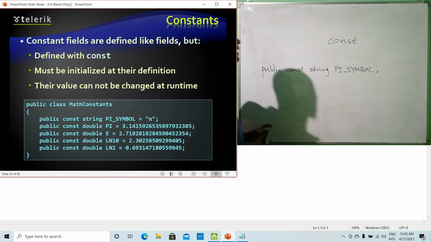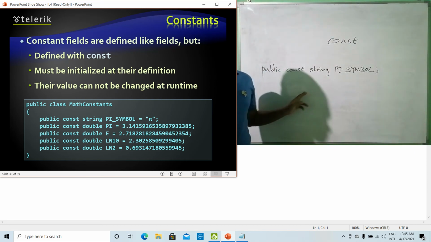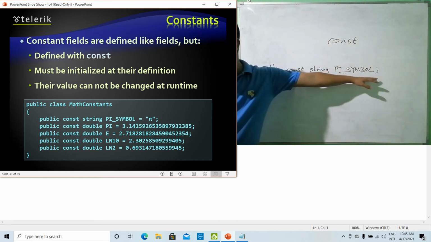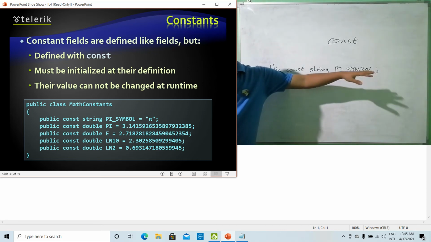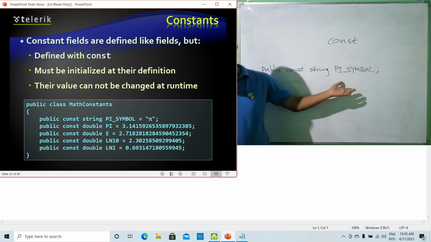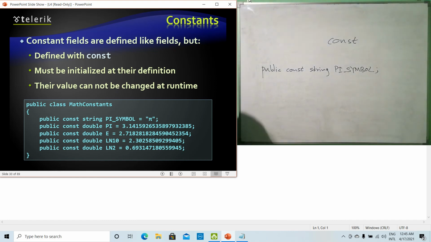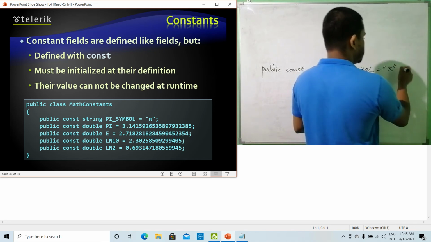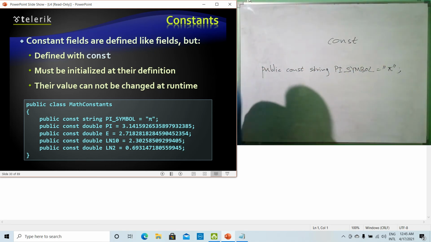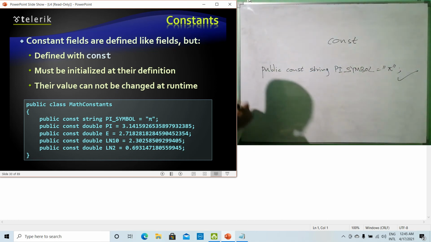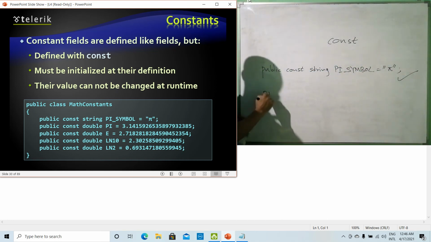If you execute this line of code, this will give us an error because we have used the const keyword but we have not assigned a value at the time of declaration. At the time of declaration we have to initialize. Therefore we have to assign a value to the field. Then once you have done this, if later you try to execute this one,